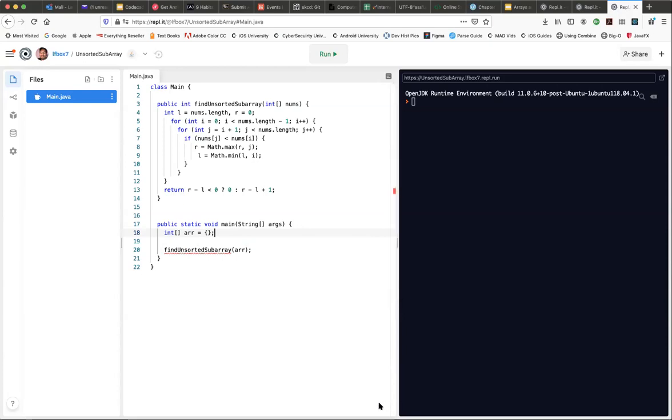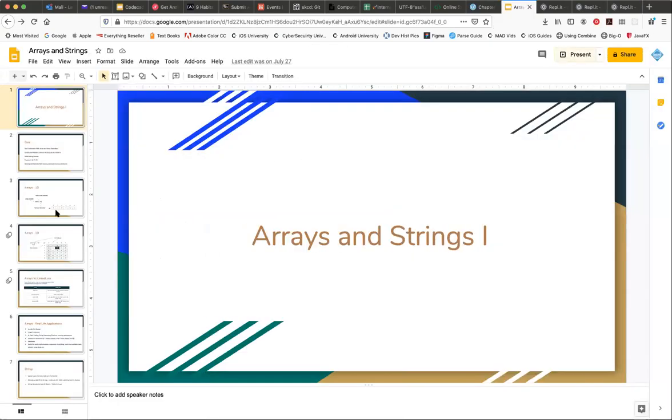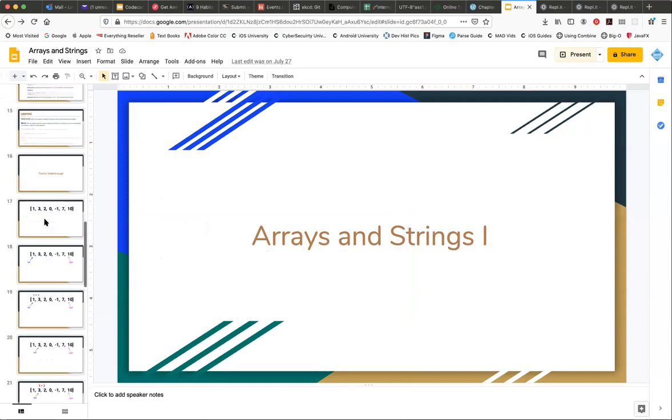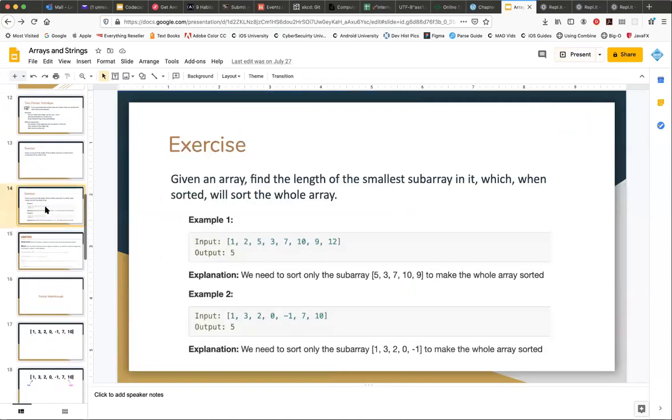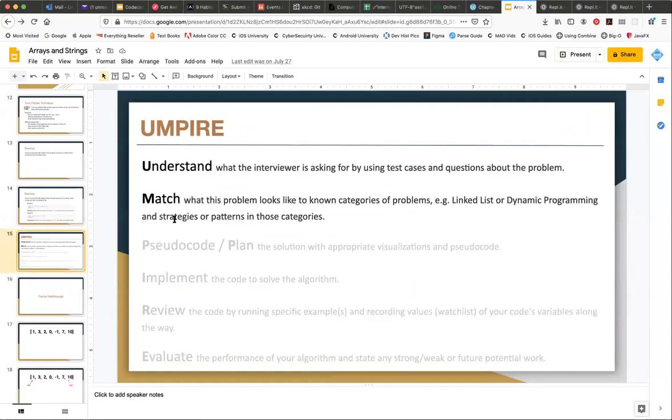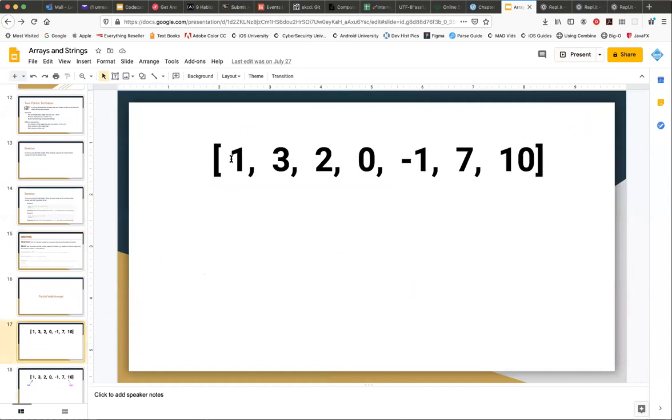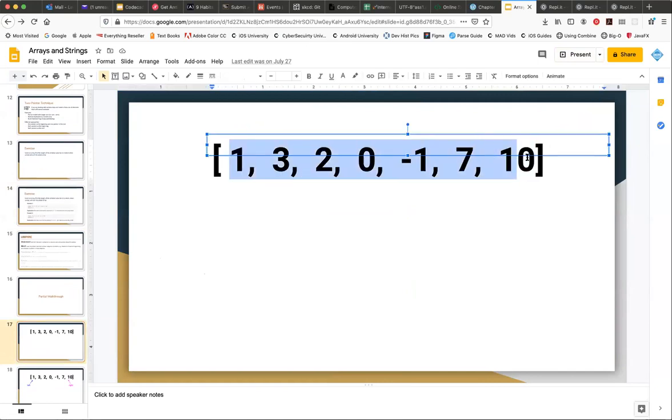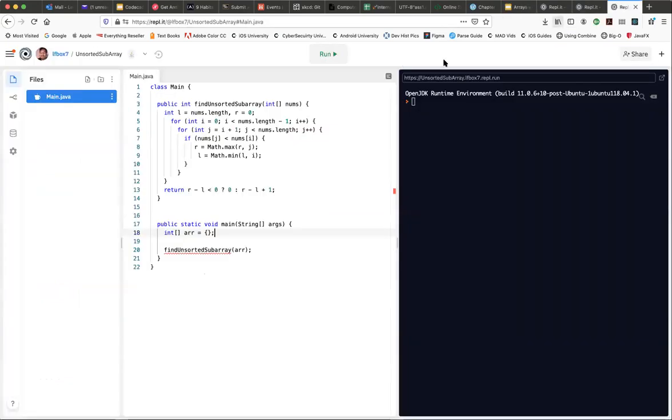Go back to my slides and get those numbers. Take this one. All right, so if I run this, I'm expecting then to return my numbers of my,